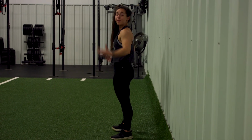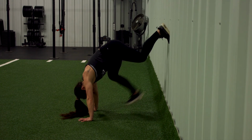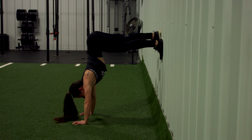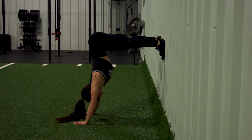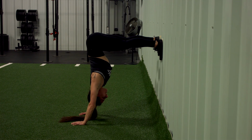Start with your back towards the wall. Put your hands down, step your feet up. So get to where your body is in an L position. Am I in an L? You want to keep your hands underneath your shoulders, and you want your feet flat against the wall,